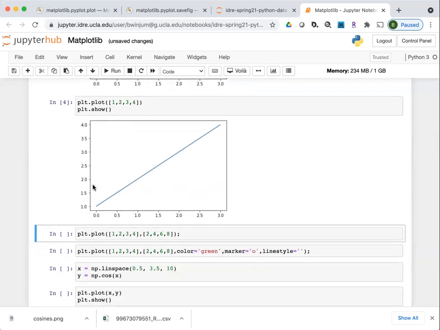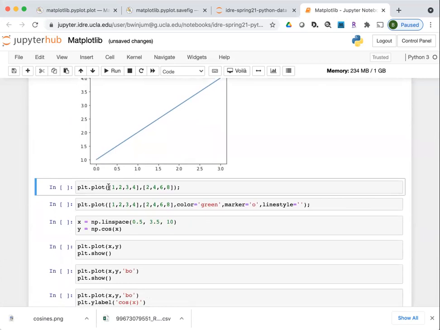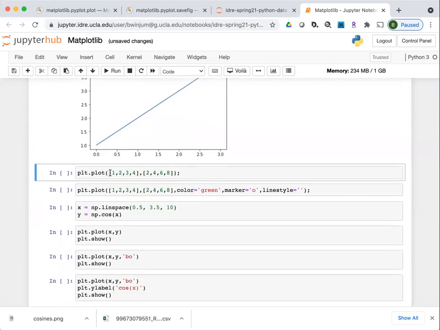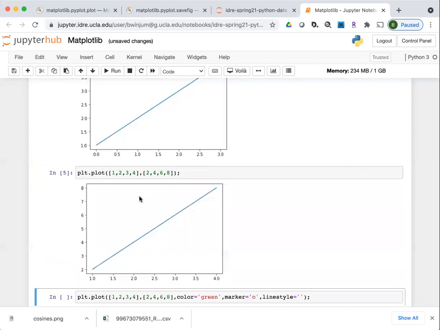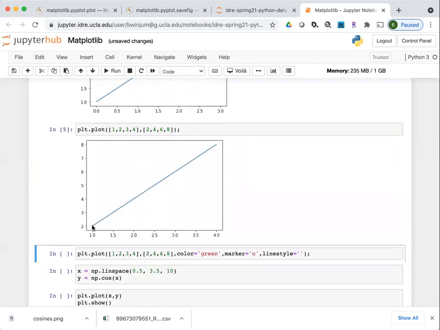All right, now on to more of what plot is doing. So if I do specify, say, X and Y values, the convention is that the X is listed first and the Y is listed second. By X and Y, I mean the horizontal and the vertical. So when I execute this cell, now it doesn't start the indexing at 0, it starts at whatever the first element is of this list. And then it uses this for the vertical value. So we're going 1, 2, 3, 4, and 2, 4, 6, 8. So this is just a line with a slope of 2.